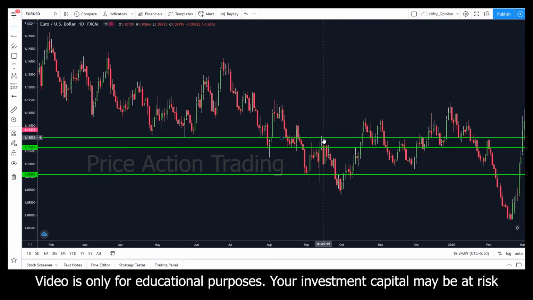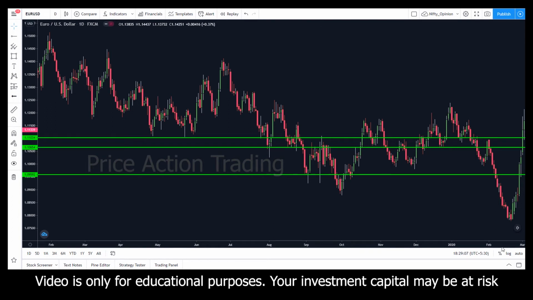I'll tell you how to mark in the third tip, and you can understand the charts very clearly, how the market is going to behave around those levels. Those levels have to be something where the market is moving or may have moved in the past. That is how you have to mark.